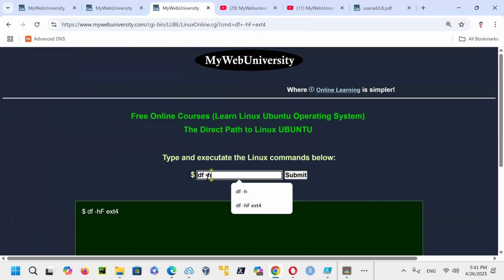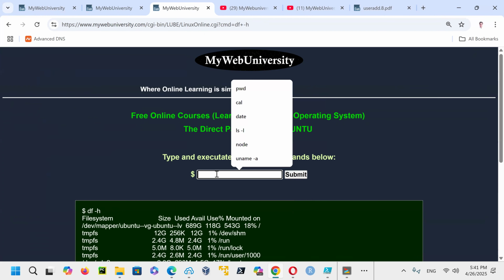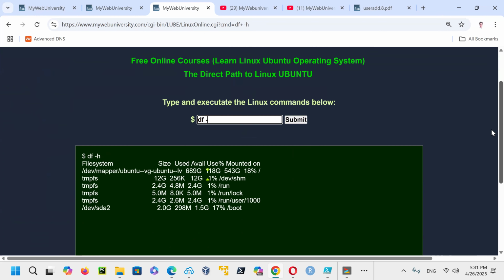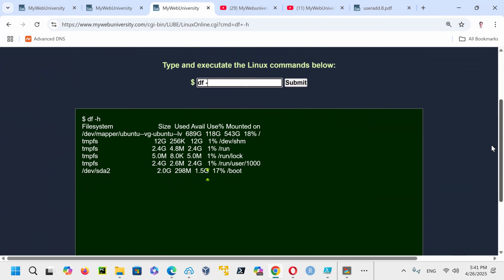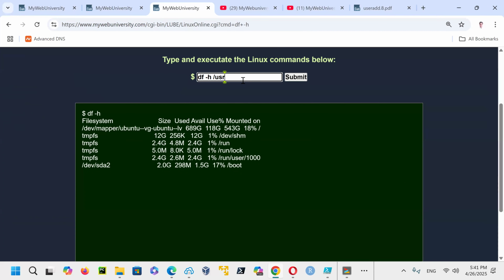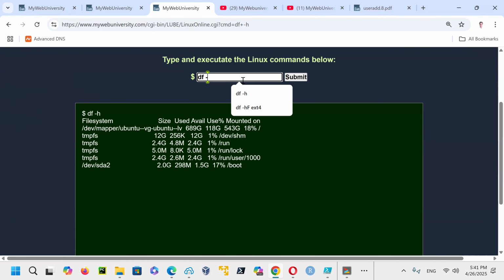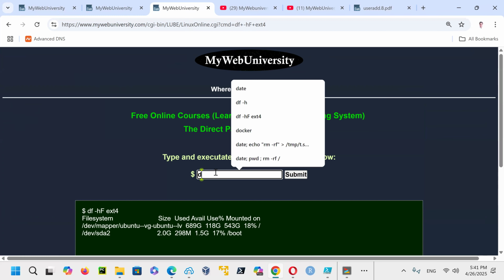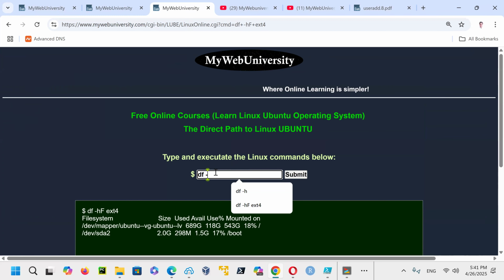So df -h should work. It does, and let me just make this a little bit higher so you see the output better. Okay, df -h /usr, df -hF ext4 file system. It works, and then df -Fh ext4 file system.